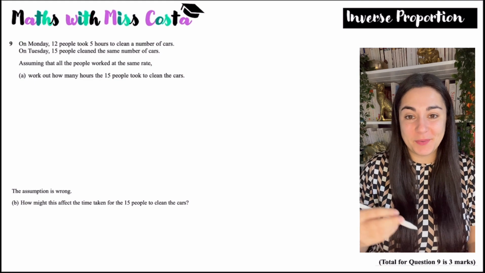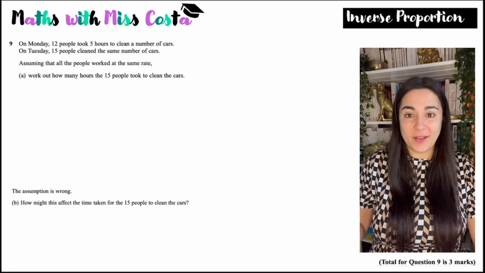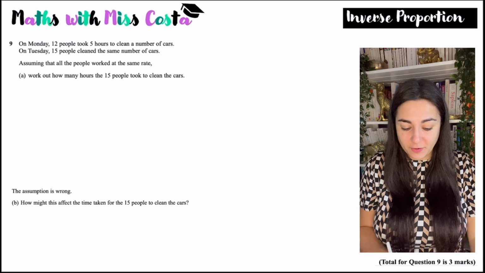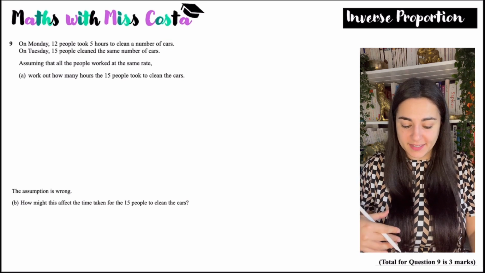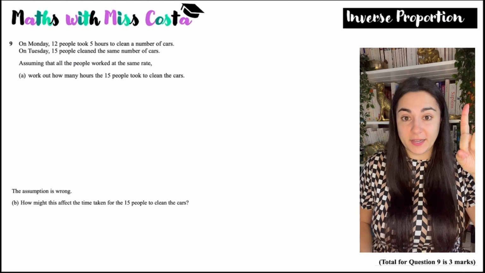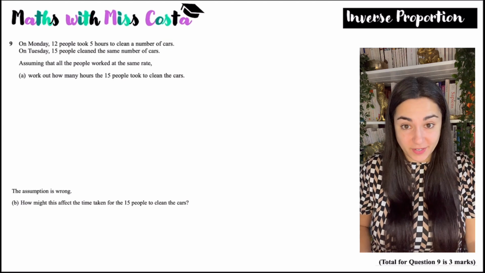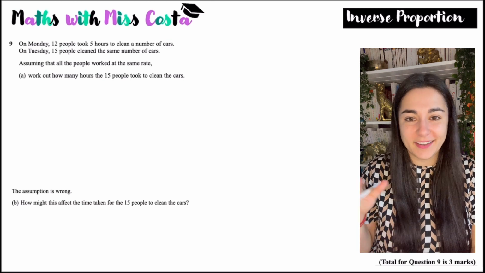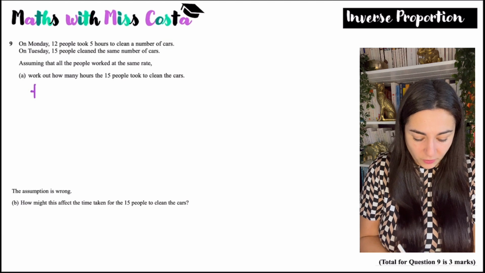So in this question, we're putting our knowledge of inverse proportion into action. So remember, inverse proportion is when one value increases, the other value decreases. So we're told that on Monday, 12 people took 5 hours to clean, and on Tuesday, 15 people cleaned the same number of cars. So remember, as one value increases, the other has to decrease. So if the number of people increased, the amount of time taken must decrease. So the first thing we do, obviously assuming that all people work at the same rate, because, you know, some people can be lazy. Now, the first thing we do is work out the total,